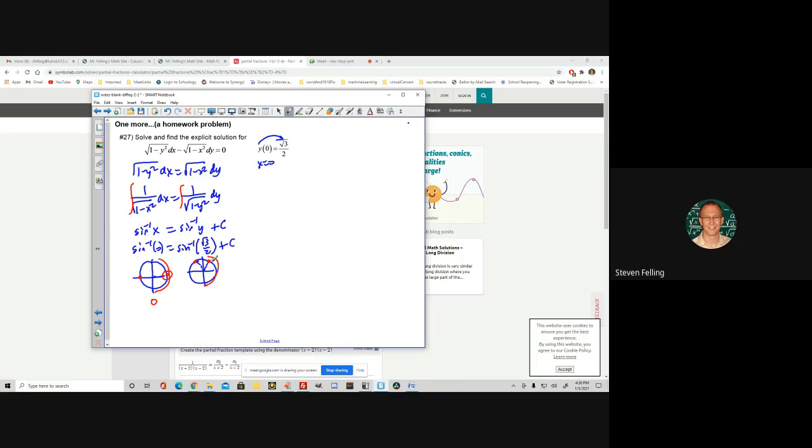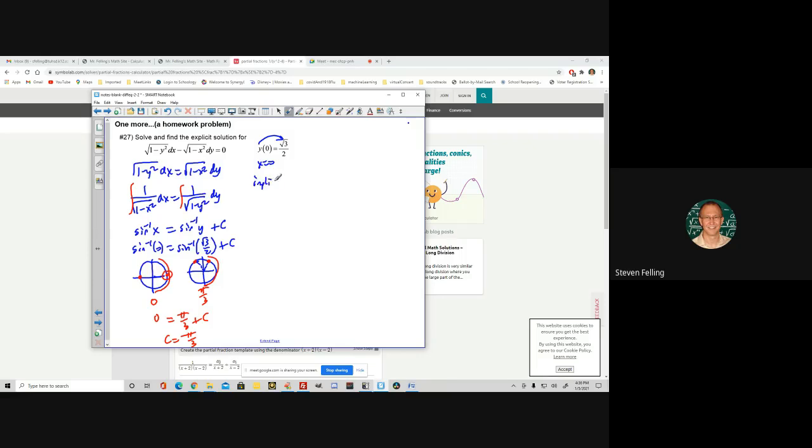So this is going to be pi over 3, not 2 pi over 3. So it looks like this is going to end up being pi over 3. So what this is saying is 0 has to equal pi over 3 plus c. Therefore, c has to equal negative pi over 3. And that means our